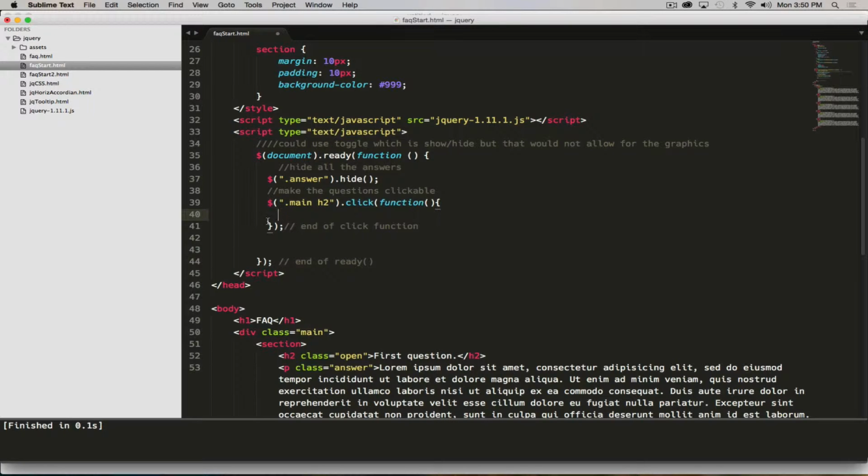Typically we just put all three of those on one line, and now we describe the behaviors or actions of that function here inside. And to do that, what I want to have happen is I want to be able to access the answer that is nearest to the question that is asked. And this is where jQuery becomes really powerful,